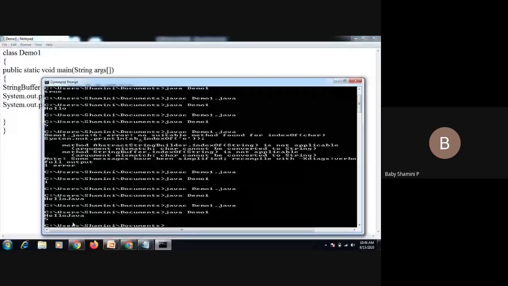In string buffer we can perform string operations on the existing string, but in the string class we cannot perform string concatenation with the initial string. So that is the difference between string buffer and string. In this way we can find an index value.